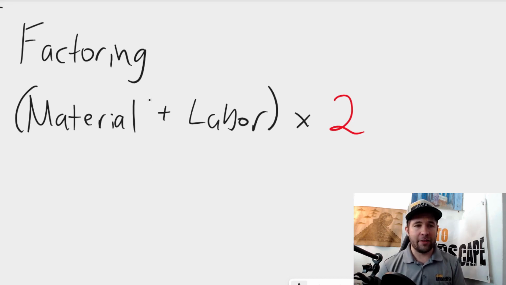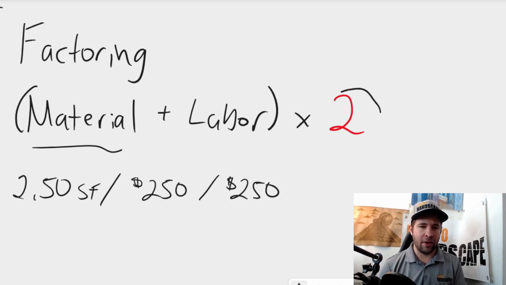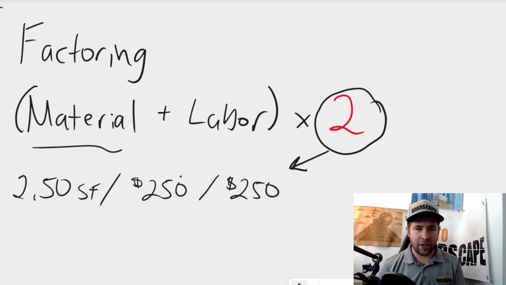Now the reason why we don't like this is that materials, I don't like that dictating what our profit is going to be. And here's the reason why. We could have $2.50 per square foot pavers that we install on a project, and these could be those small little 4x8s, extremely cheap, and this could cost us $250 for a 100 square foot patio of some sort, or a landing, just something small, and this would give us then $250 in our gross profit. That's based on this figure here. So when we multiply that $250 by 2, we get $250 for the material itself